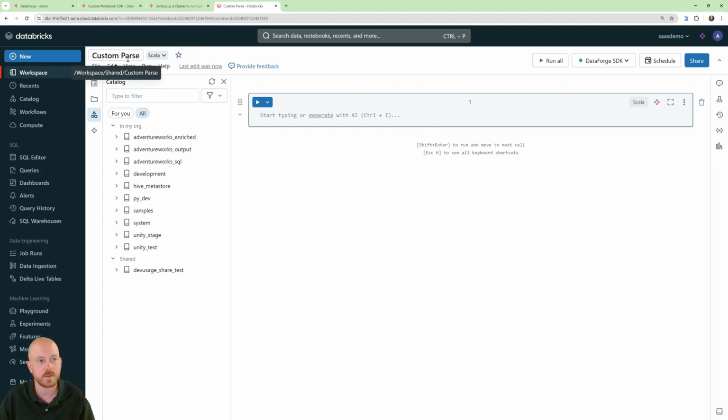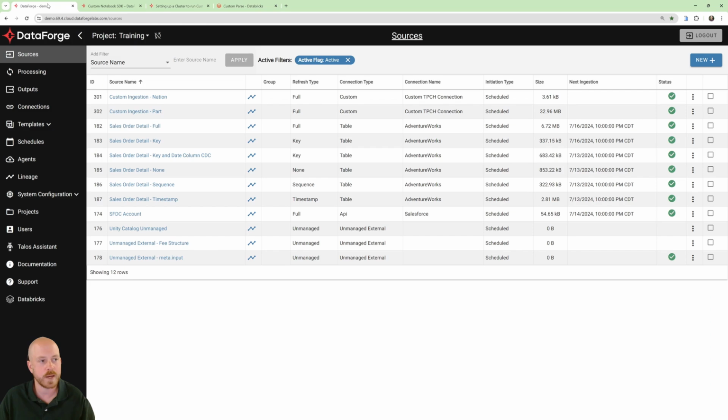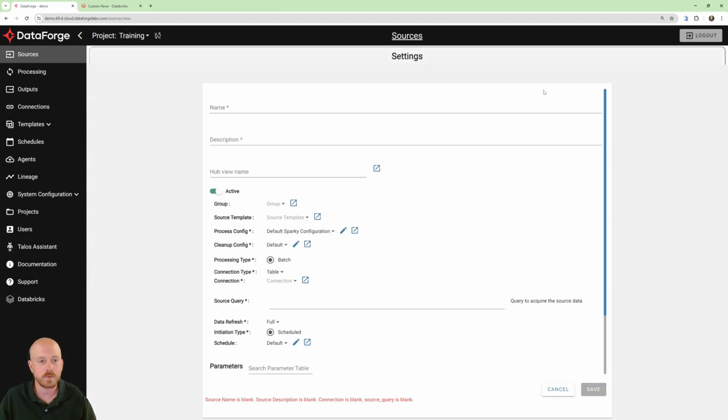Keep it simple, but you'll want to use a name that makes sense to you, that's easy to tell what's going on in the notebook. And the next thing that you want to do is actually hover over the name of the notebook. You want to grab, copy the notebook path, and then we'll go back to DataForge. And so now we can start creating the file source. If you already have one, you can skip this step, but we'll go to New, we'll create a new source, call it custom parse and sales data. We'll give it a description,